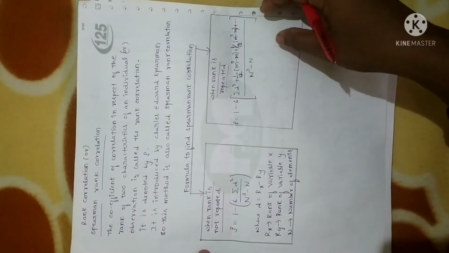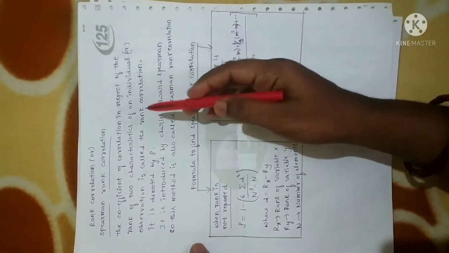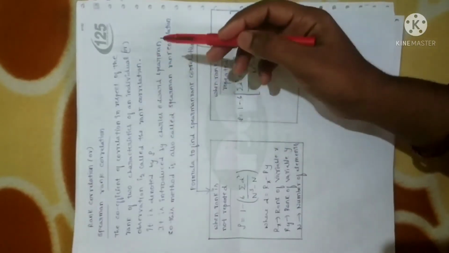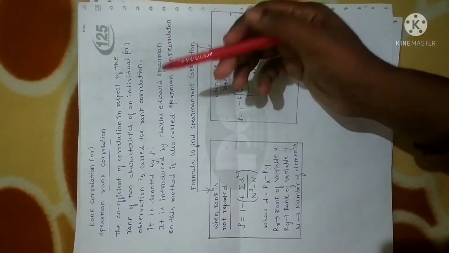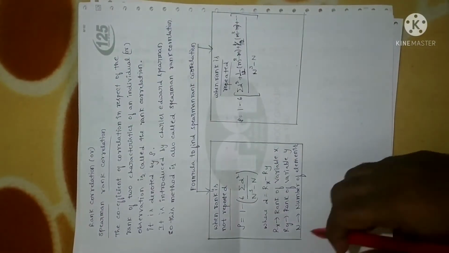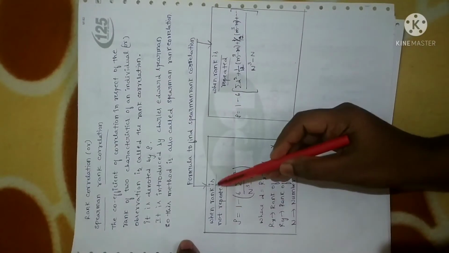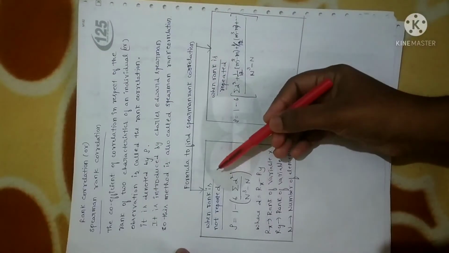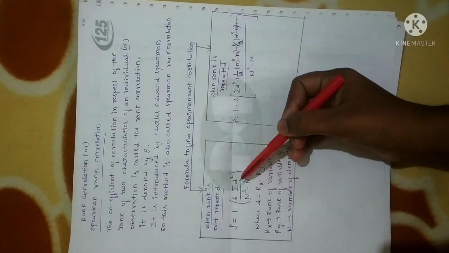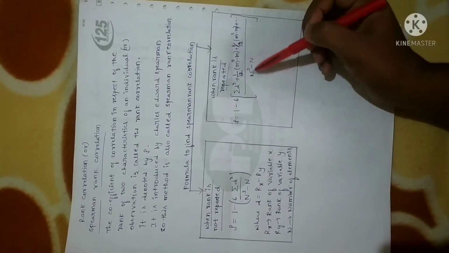So here is a list. Spearman rank correlation will be calculated where correlation between the data can be calculated with reference to the given rank of a variable or a given data. As I already told you, there are two methods to find the Spearman rank correlation. First one is when rank is repeated, in the sense once you calculate the rank values, if the rank is repeated we are going to use this formula. If rank is not repeated we are going to make use of this formula.